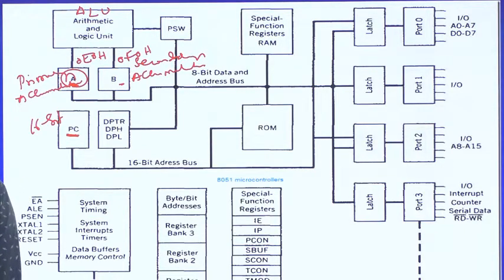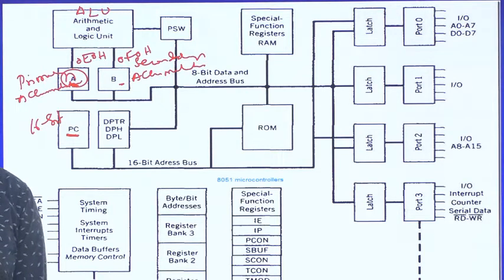And one more thing is, we are unable to split this program counter PC into 2 bytes like PCL as well as PCH. PCL means program counter lower byte and PCH means program counter higher byte. We never split our program counter into PCL and PCH. I told you clearly 2 important points about the PC. Number 1 is it didn't have any internal address. And number 2 is we never split PC into 2 halves like PCL as well as PCH.